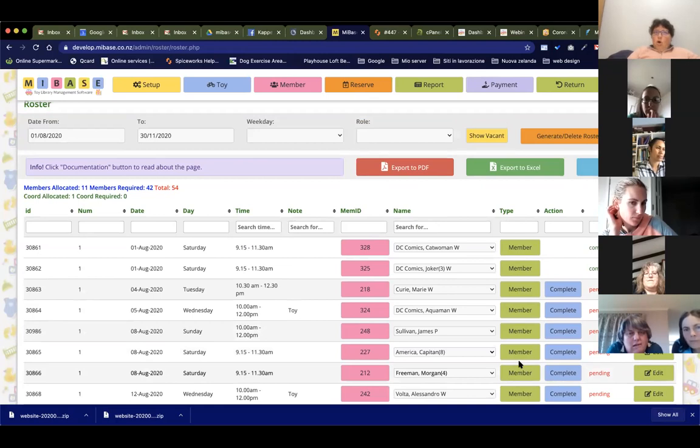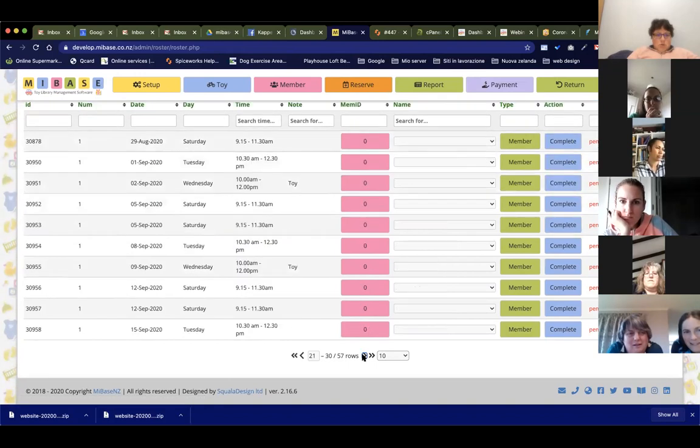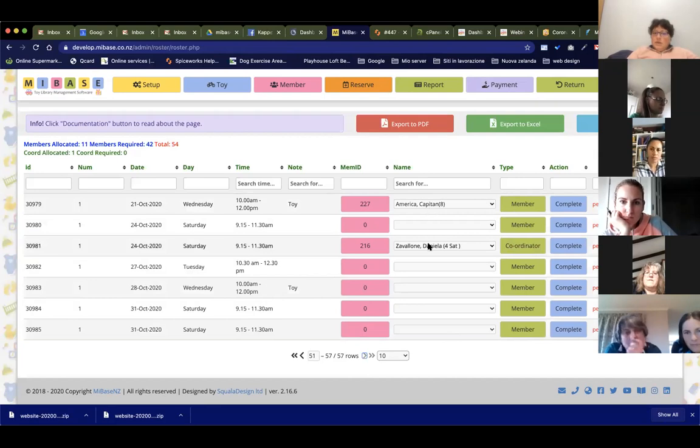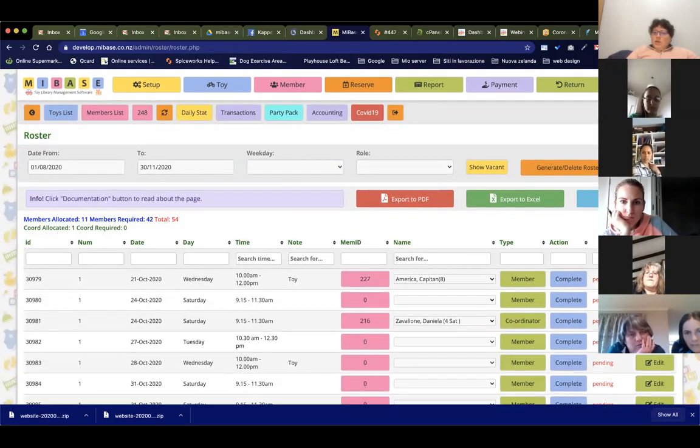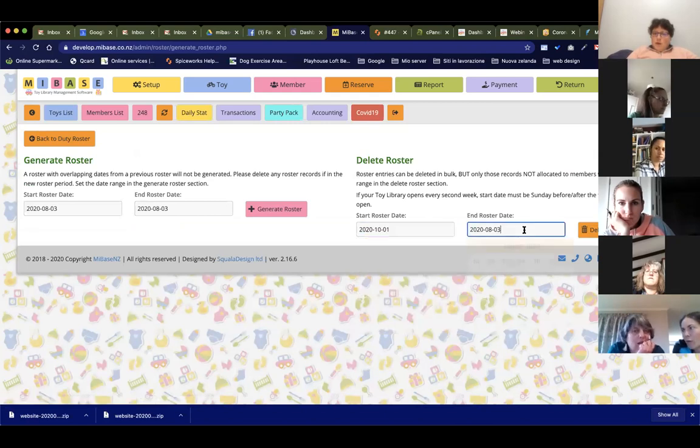If you want to delete a bunch of rosters, say all of October, for example, I can go there and look at August, September, October. October is here, and I already have a person here, one here and one here. What happens if we decide not to open in October, or we want to change everything completely? So we want to delete all the calendar and generate again. I can click generate, delete roster, and decide for all of October, 1, 2,